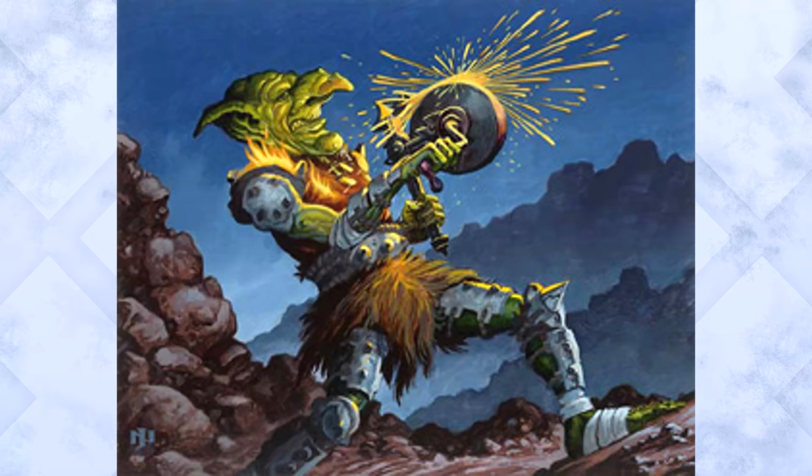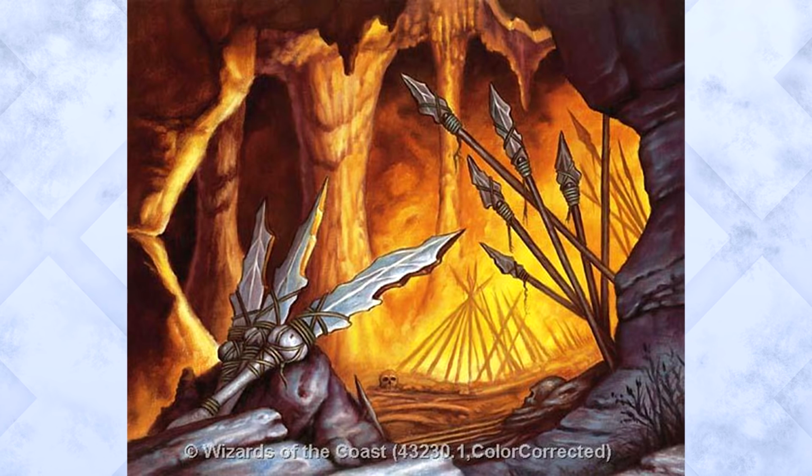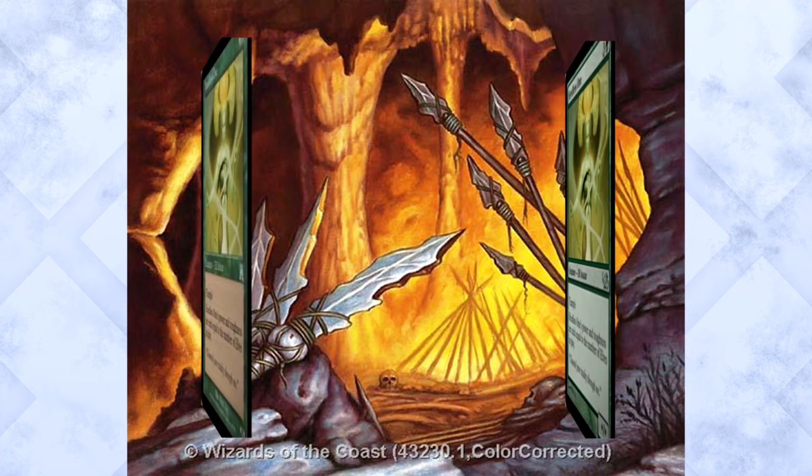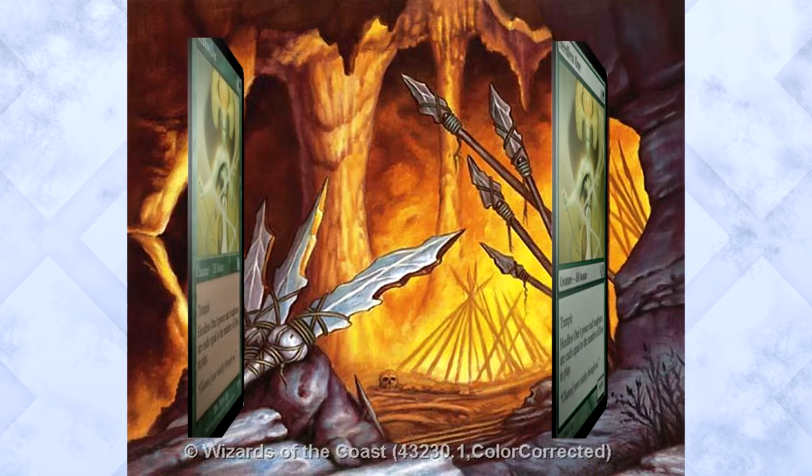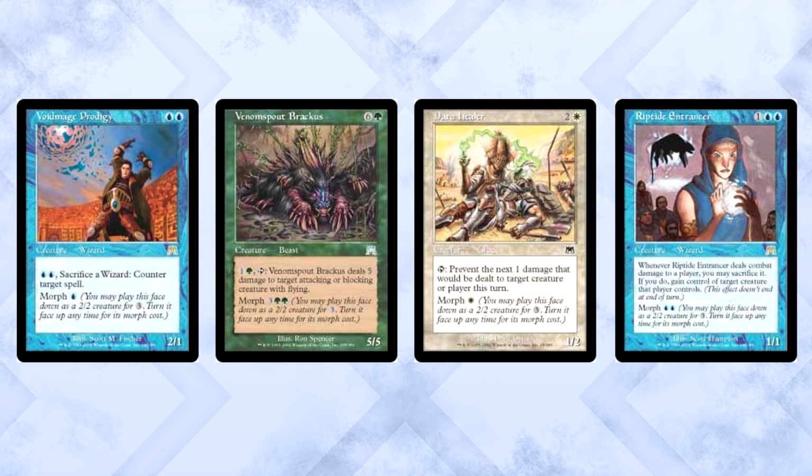Some other interesting notes about Onslaught. It began the last block that focused on a Dominaria-based timeline. Wizards wouldn't go back to Dominaria until Time Spiral years later. Also, Onslaught block was the last block before the modern card frame was implemented. Interesting. While Onslaught did make a name for itself with tribal support, which we'll talk about soon enough, it also